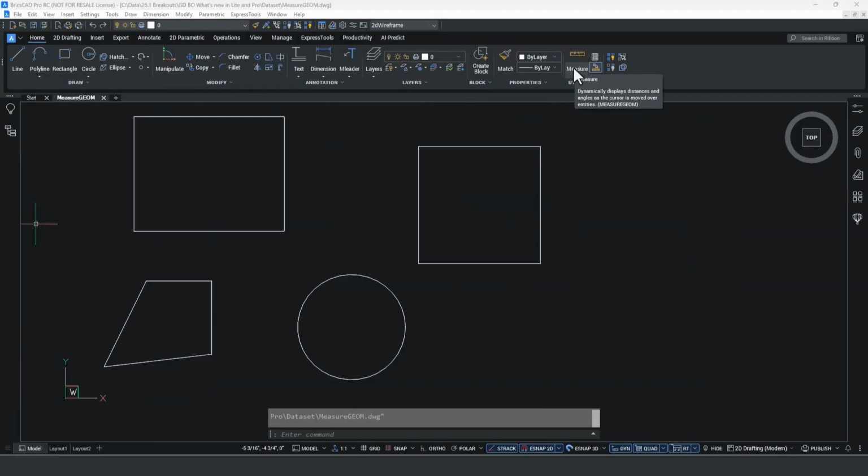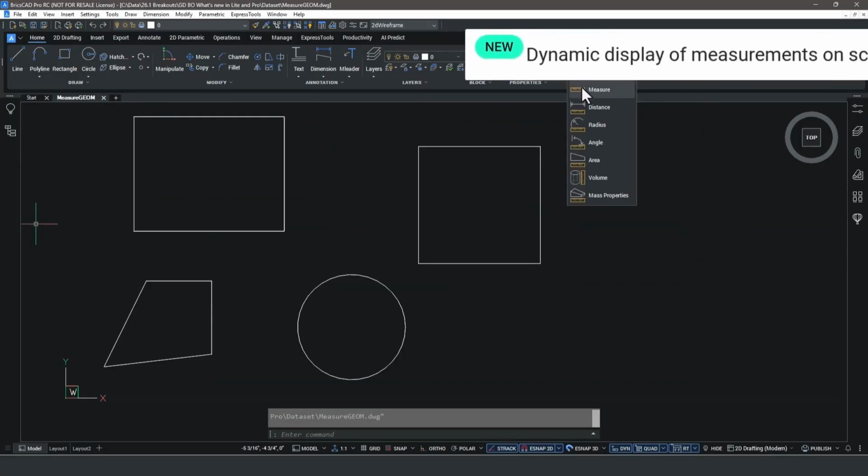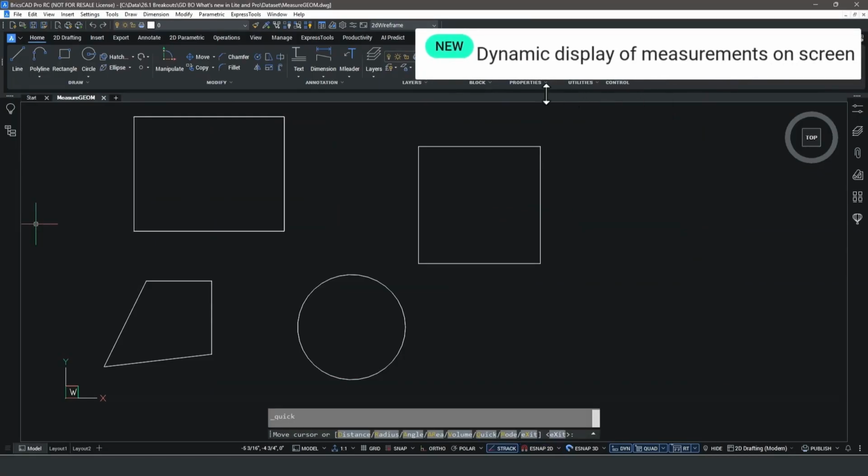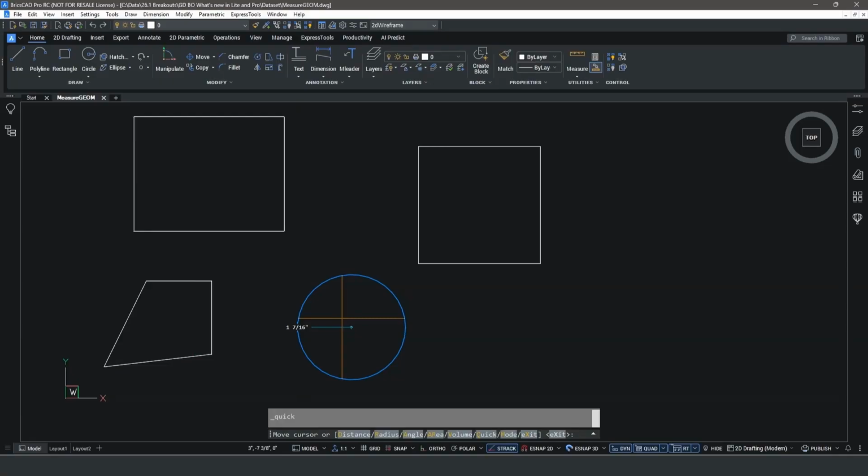MeasureGeom dynamically displays distances and angles directly on screen as you move your cursor over entities in a plan view. Notice how the cursor automatically changes to full screen mode to make it easier to see the measurements. Move the cursor into the polygon to see the lengths and angles at each corner, or into the circle to display the radius.